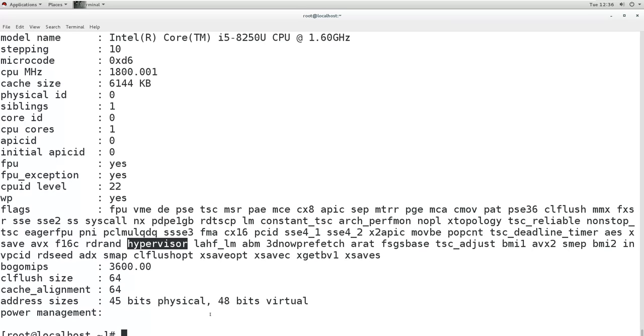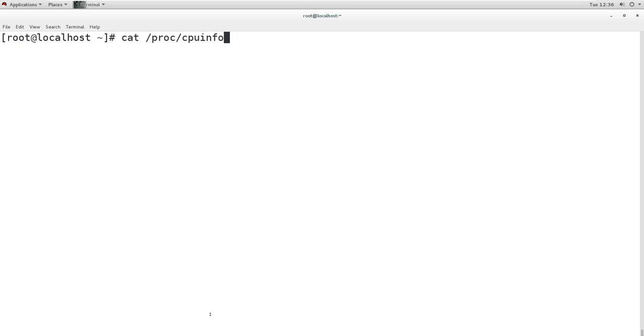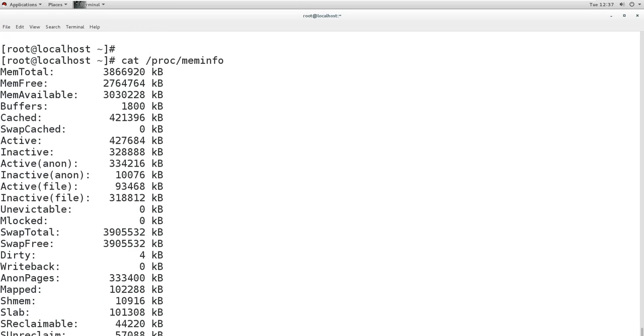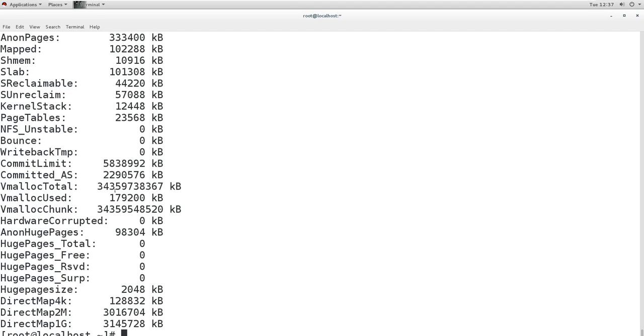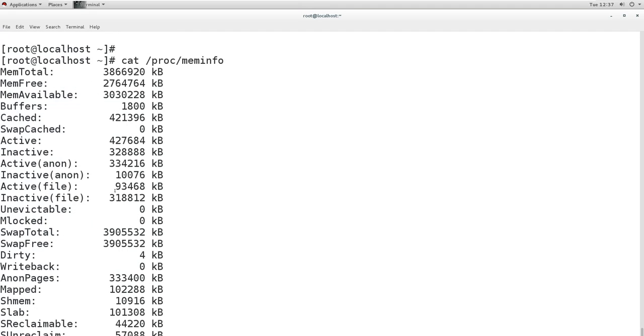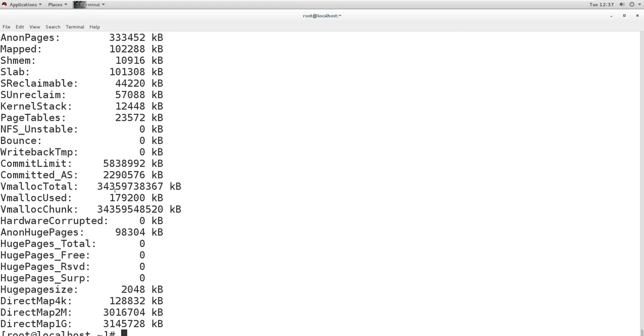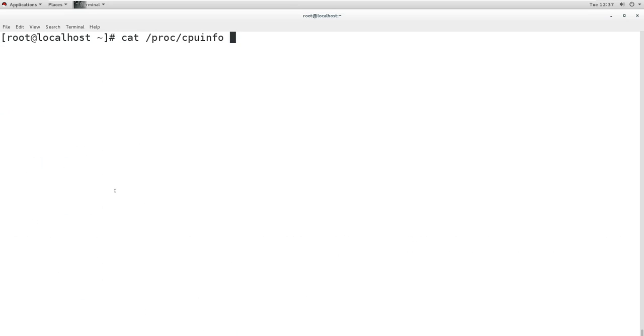Now if you want to see the information about your RAM, there is one more file there. It is meminfo, and it shows information about your memory, including swap also. So it shows all the information about your RAM, swap, cache memory, everything, and you can see all of these. And this is actually real time, it is changing. So if your machine is in use, you can see this information changing. If you do it multiple times, you will see the change.